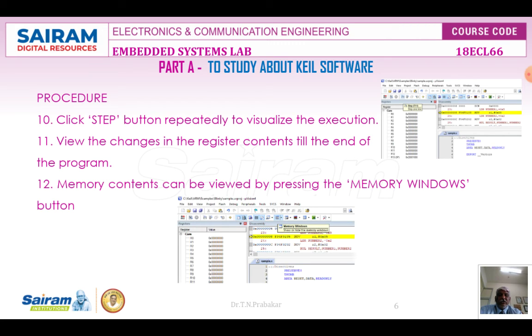On the right hand side, you can see the actual program, and there is also a disassembler where the library files or some inbuilt functions will be explained in detail, so that you can easily identify how the program gets executed. There is one more window that is used whenever you are going to use some memory related data. A memory window is also available, which can be brought into view by pressing this memory windows button. Again, the diagram below statement number 12 shows where you can bring out this memory windows.